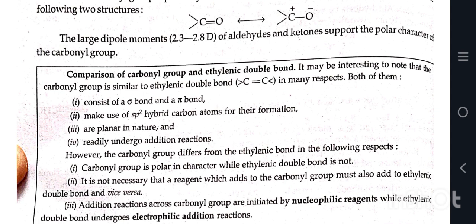It may be interesting to note that the carbonyl group is similar to the ethylenic double bond in many respects. First, both of them consist of a sigma bond and a pi bond. Second, both of them make use of sp2 hybridized atoms for the formation. Third, both are planar in nature, and fourth, both readily undergo addition reactions. However, the carbonyl group differs from the ethylenic bond in the following